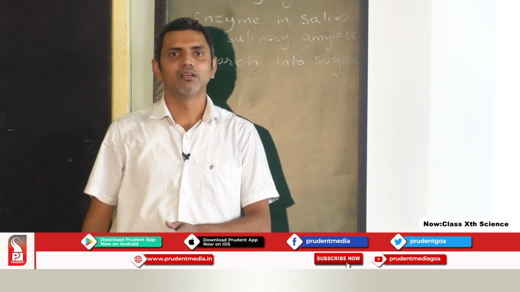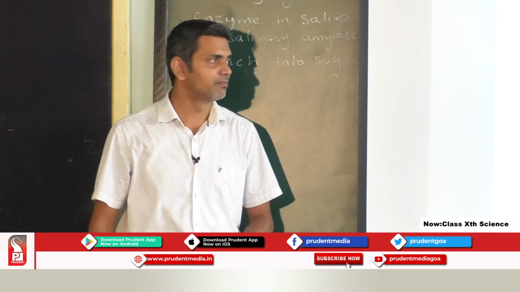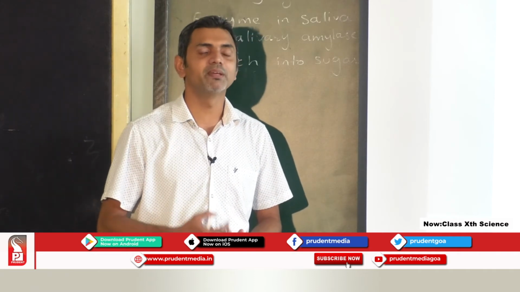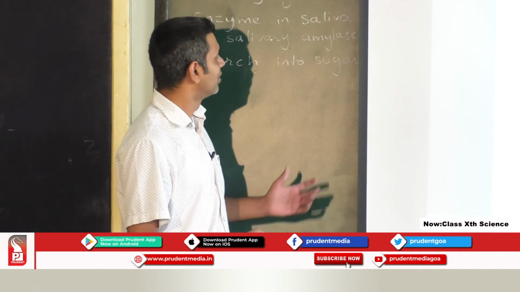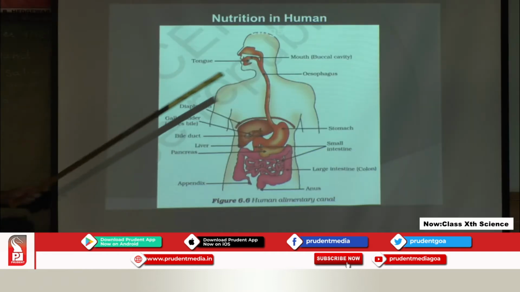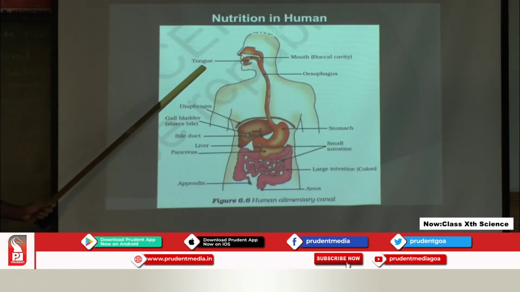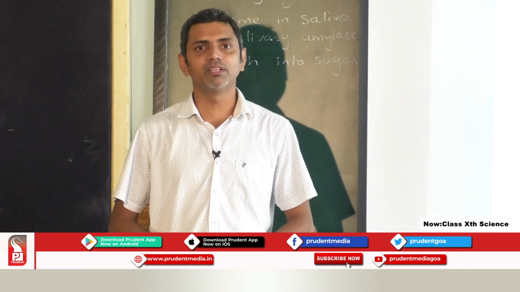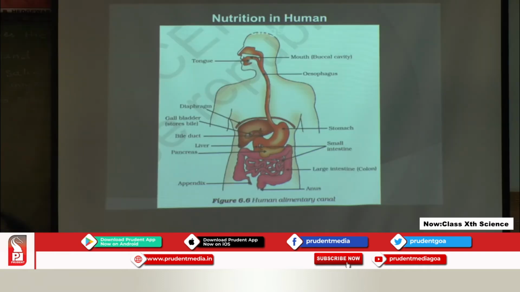Glucose and starch are known as carbohydrates. So, the breakdown of starch takes place in our mouth, in the buccal cavity. It takes place here. As we can see here, the tongue also plays a very important role. The tongue helps in mixing the saliva thoroughly with the food. So, the tongue has its own function, then teeth crush the food, salivary glands secrete saliva, then